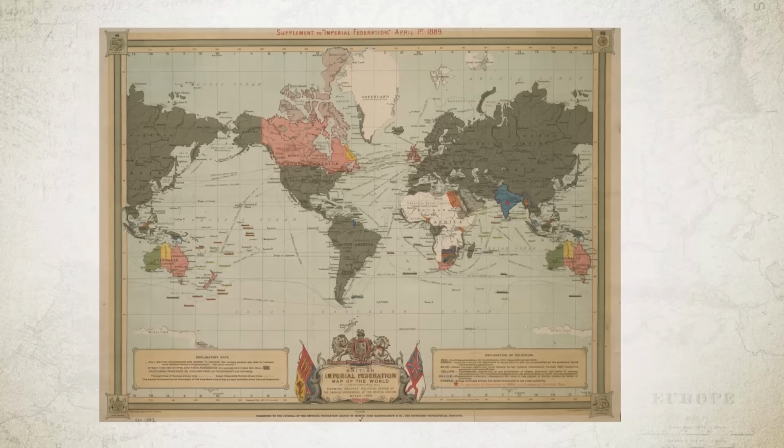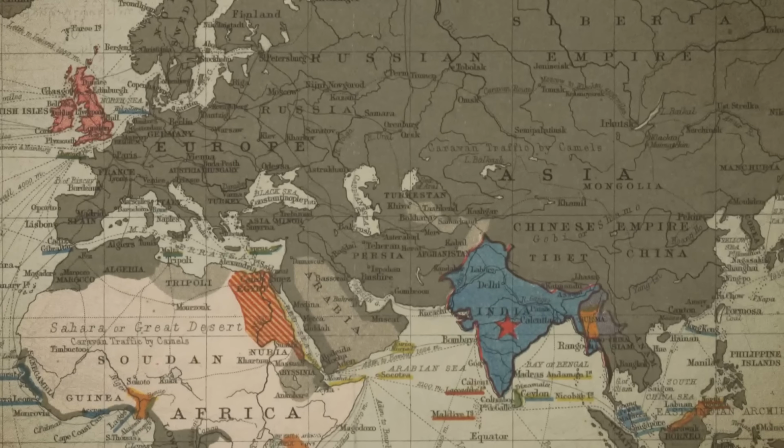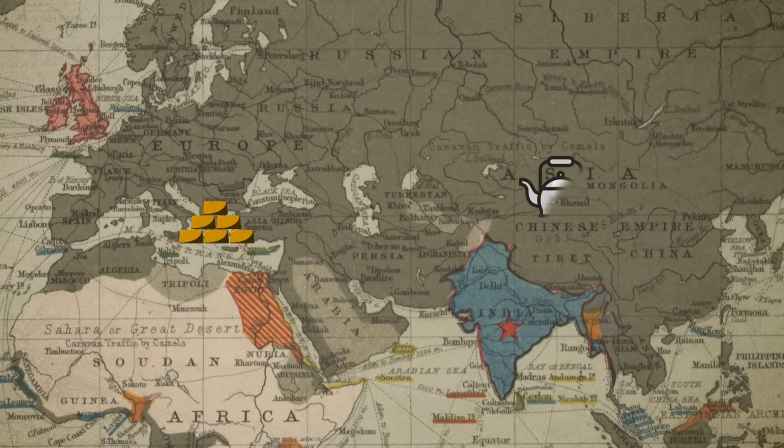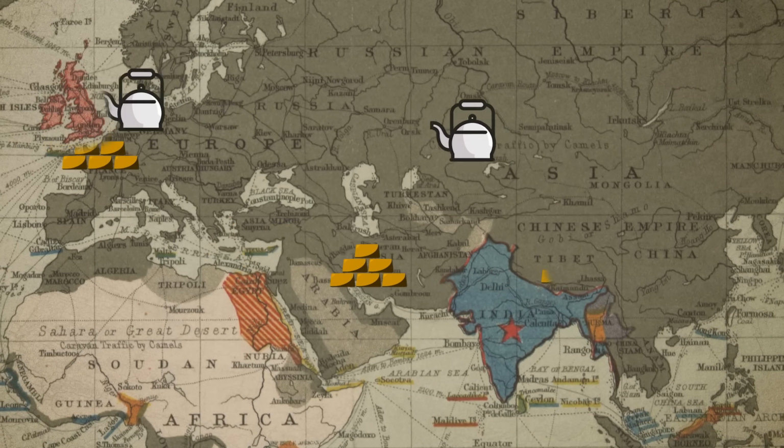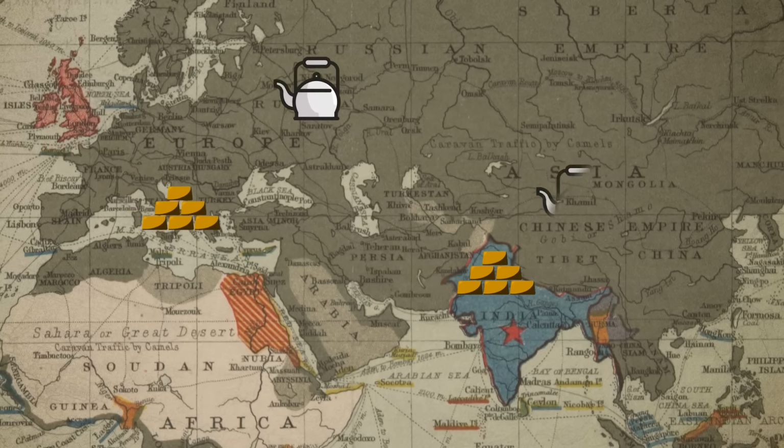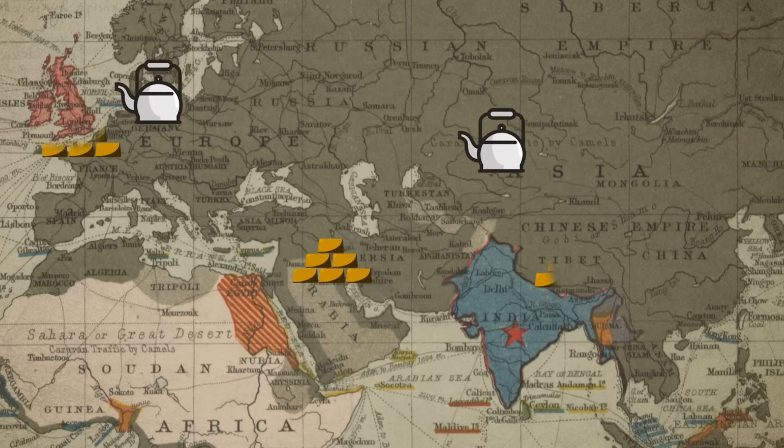The British trade with the Chinese was fundamentally out of balance. The Brits wanted Chinese tea by the metric buttload, but there wasn't as much the Chinese wanted from the British. So as British money is flowing into China, there is no Chinese money flowing into Britain, and that's going to be a problem for the British. Now, I'd like to tell you that the British addressed this issue by asking the Chinese what kinds of products they wanted and then used innovative thinking to create goods that the Chinese wanted, and then the trade imbalance was corrected. But that's not what the British did.